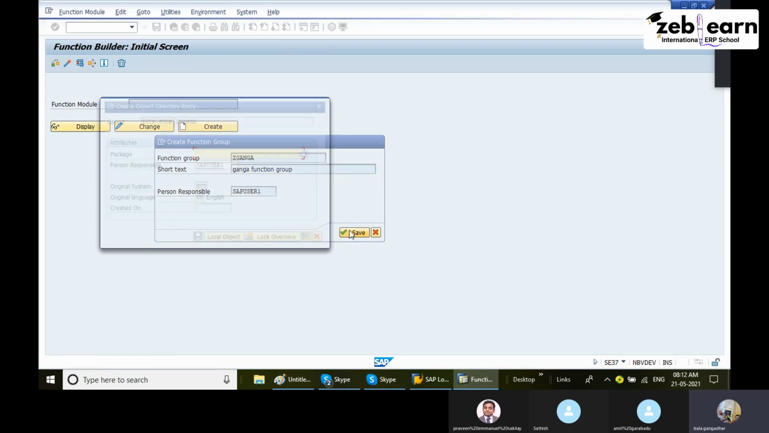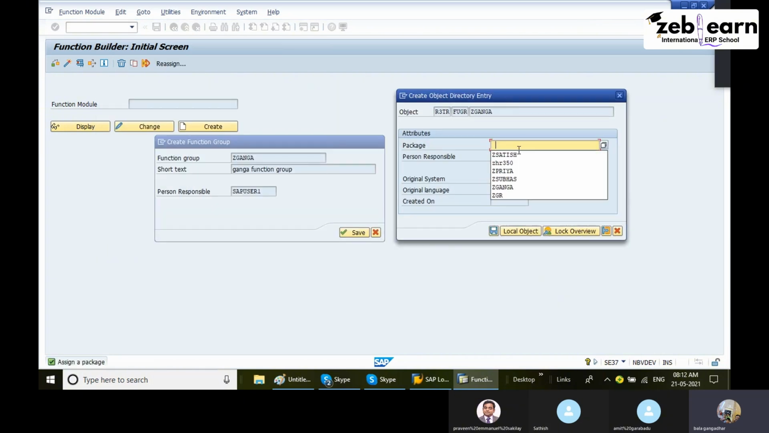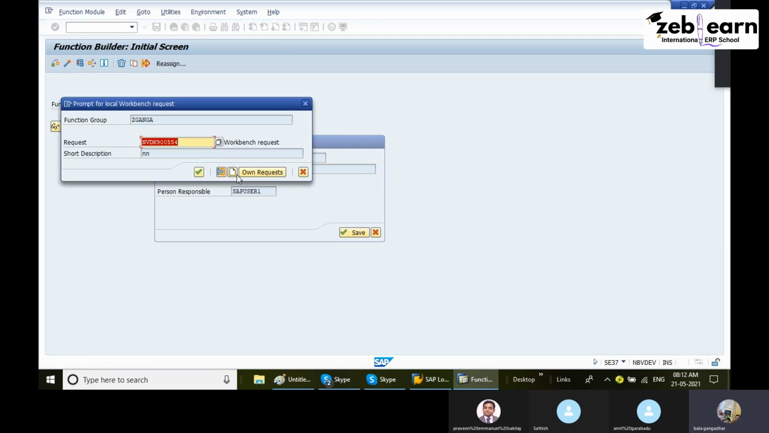Now for the function group, it will ask where you want to save it. In package, any package. I already created the Satish package. We have so many packages; you can save it into any package. The function group is created, but it is not activated. You will get a message that the function group is created. Then, to activate the function group,